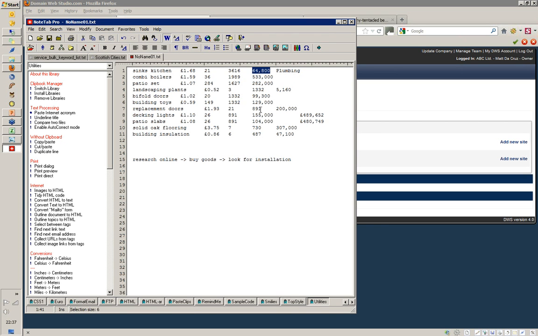Replacement doors. I was surprised at the amount of searches a day there. 891 times a day people are searching for doors, and it's only got 200,000 competing pages. So the point here is when you're starting from scratch and you don't know how to go about doing all this kind of stuff,